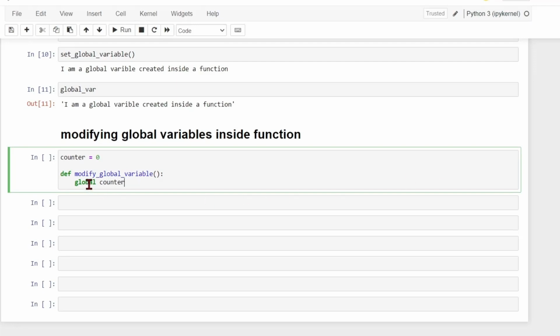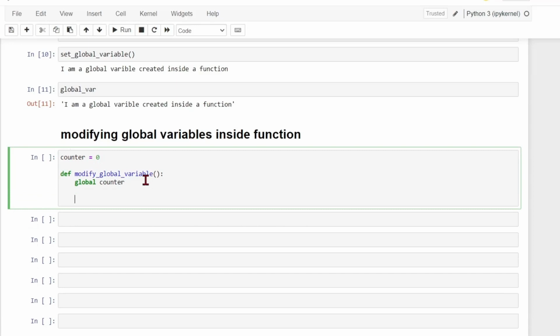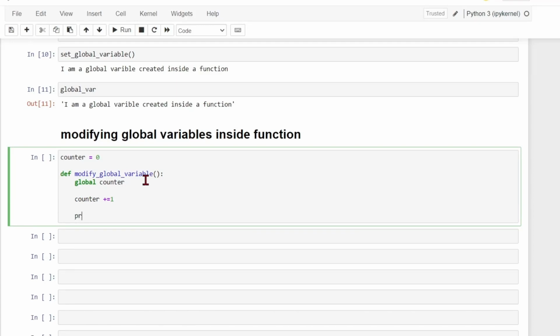Here with the global keyword, we are using the global variable counter inside the function, and then I'm incrementing the value of counter by 1 and simply printing